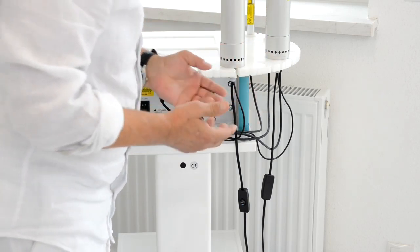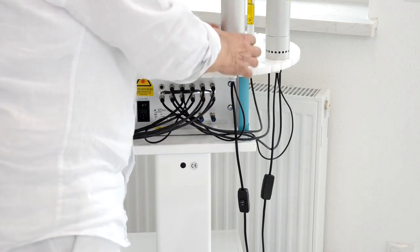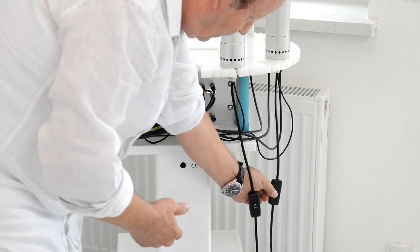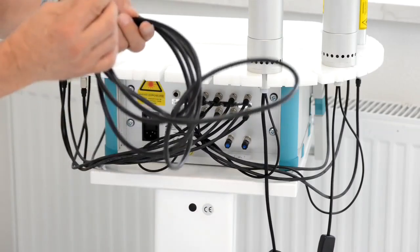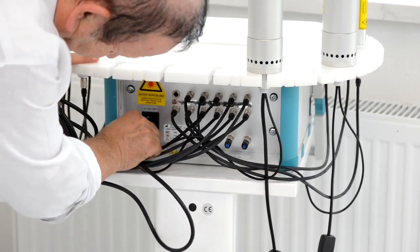need cooling. So there is an additional fan inside, therefore the laser models are so big, and if I want to start them, I use this switch to start the cooling fan. You can hear this. So in the next step I connect the power supply for the device,